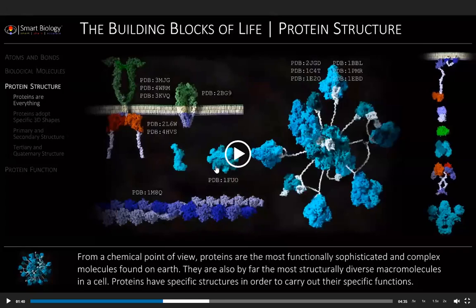We have some proteins with more than one subunit. So you can see that there are 2 or 3 different subunits joined together. Here is a single polypeptide that has folded on itself to give us a protein. Here we have a membrane-bound protein. This is a receptor that is located in the membrane. And one thing that I will mention now, and I will mention it over and over and over again in the next few weeks, is that the part of the protein that is located in the membrane generally has